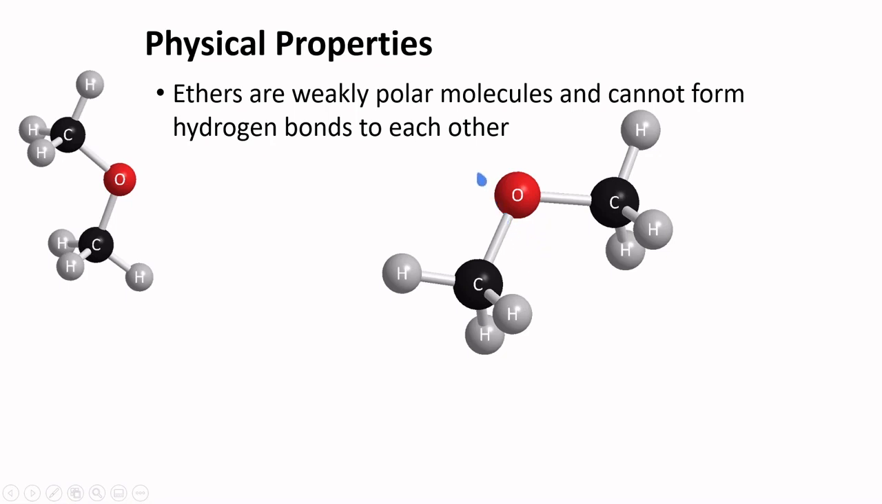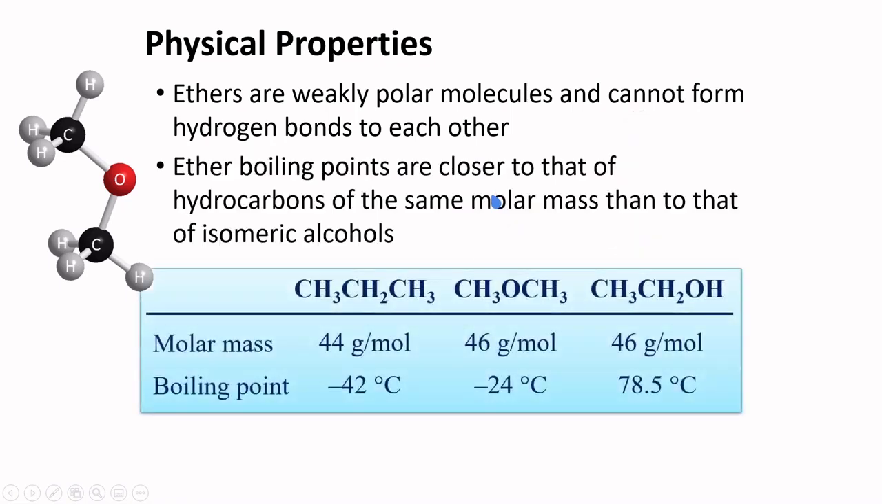In contrast to alcohols, ethers cannot form hydrogen bonds to each other because they lack a hydrogen attached to an electronegative atom, such as oxygen. As a result, ether boiling points are closer to that of hydrocarbons of the same molar mass than to that